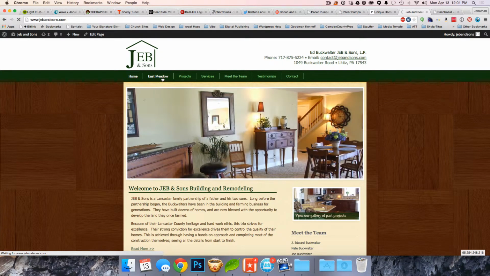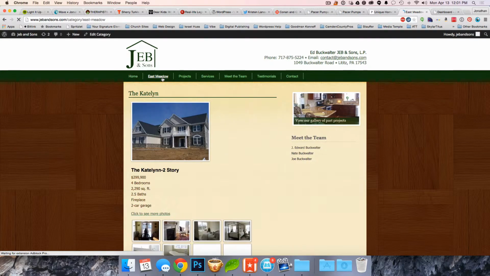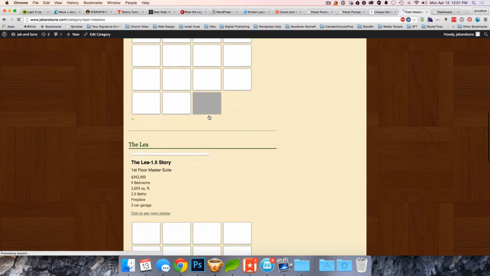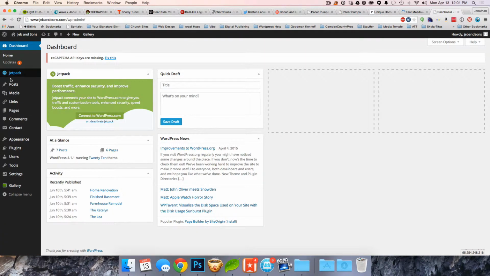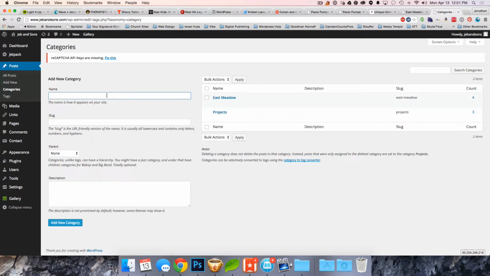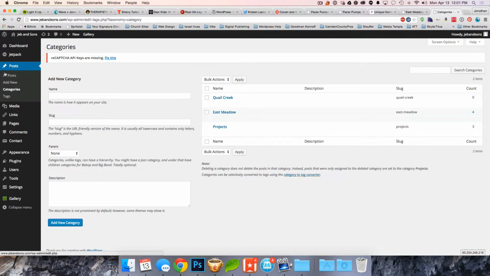So if I look at East Meadows here, we have our navigation. Our category is East Meadows, and this shows all of our East Meadows areas. What I'll do first for you is set up a new category, and this category will be Quail Creek. So Quail Creek, and I'm going to go ahead and add that,